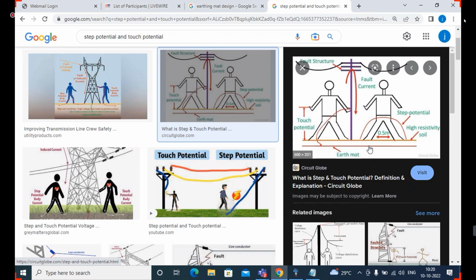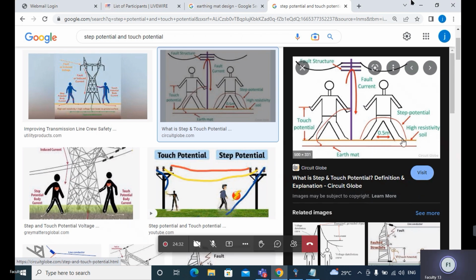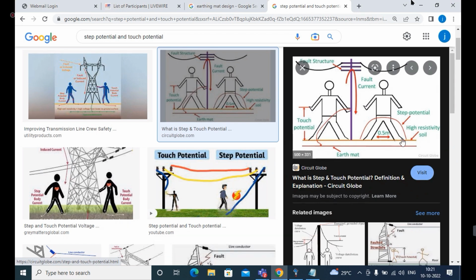What is the reason behind feeling the electric shock? This is due to step potential only. Just see here. The voltage difference between the feet of the person is called step potential.